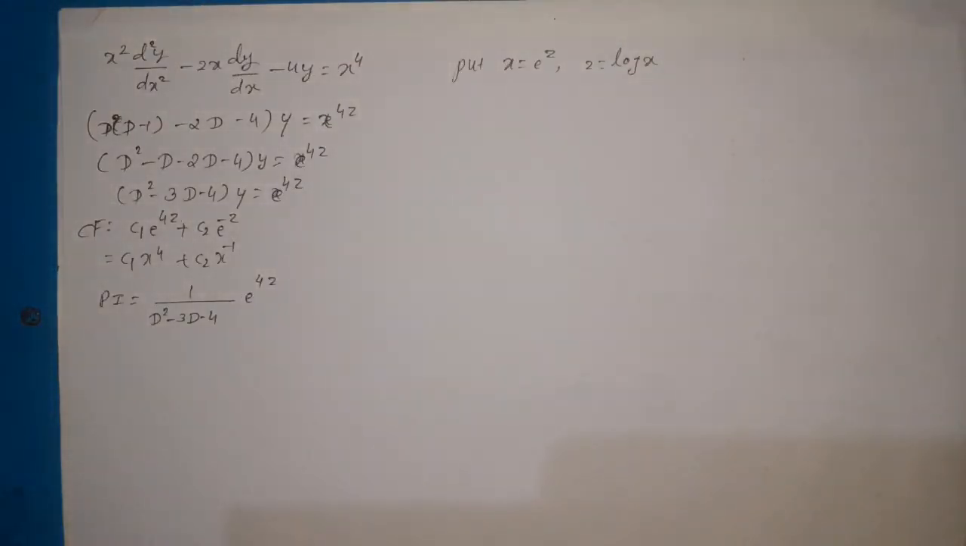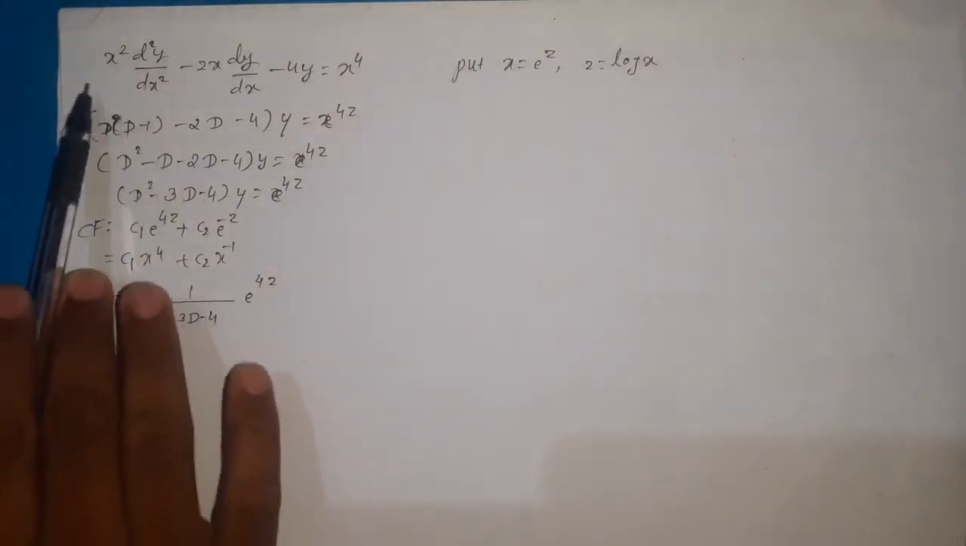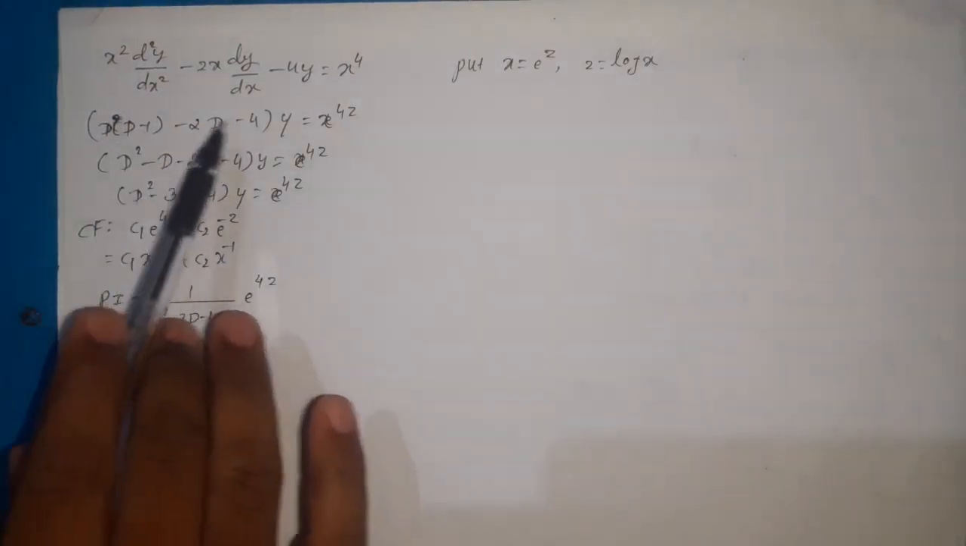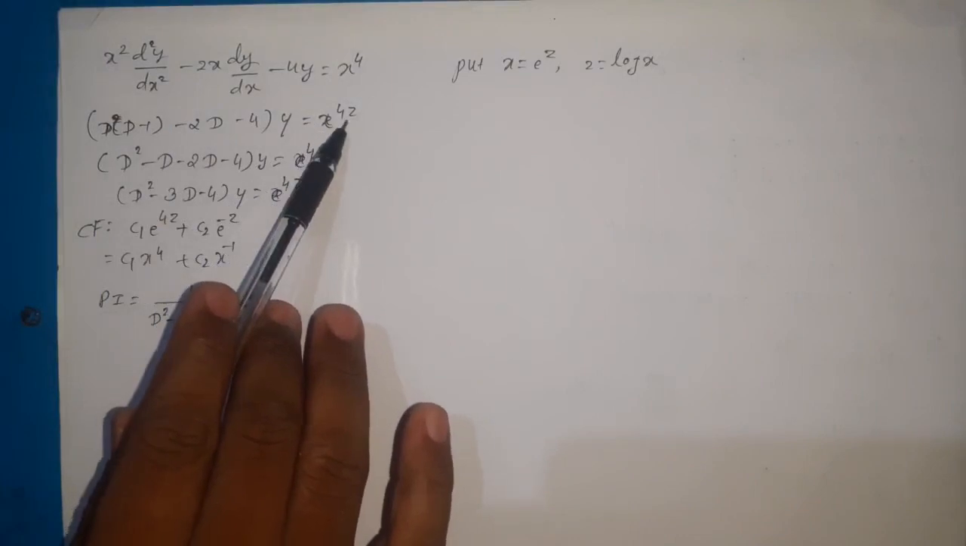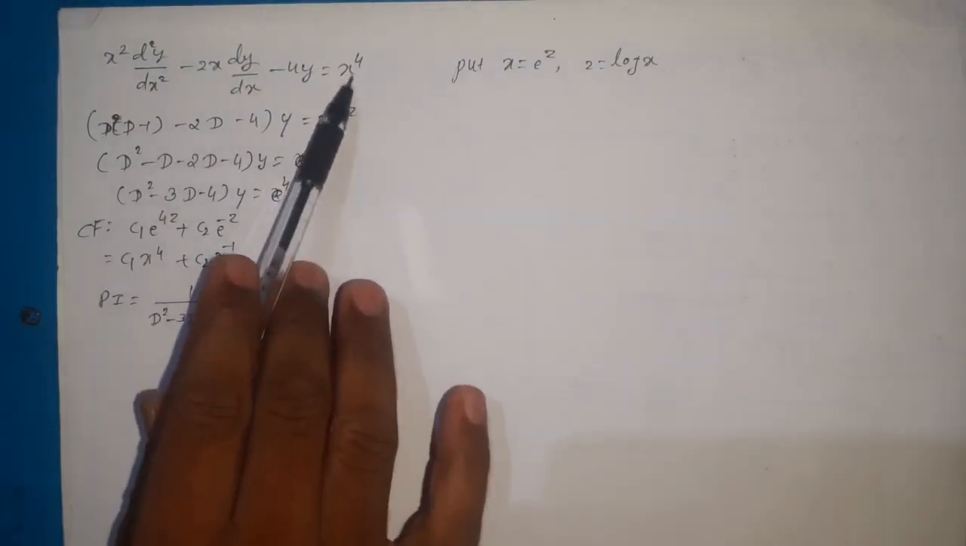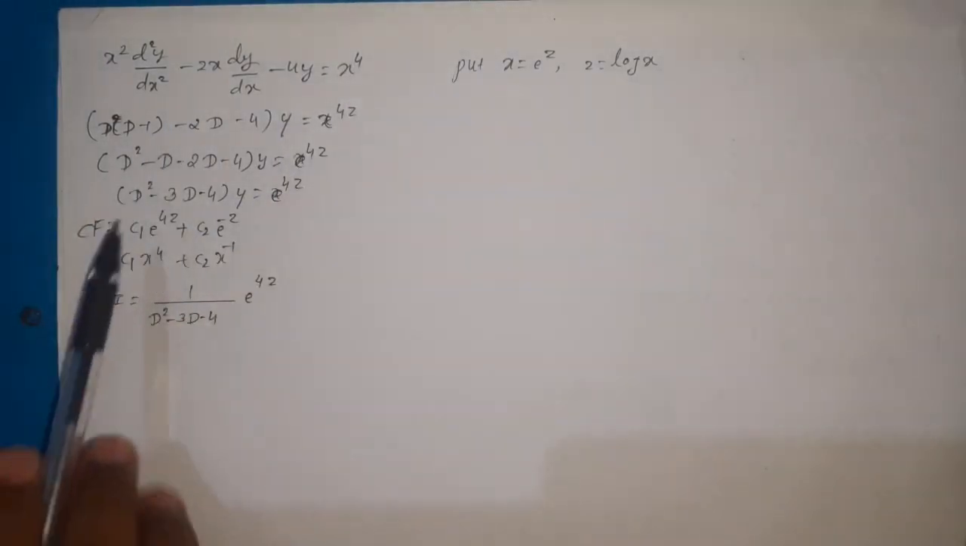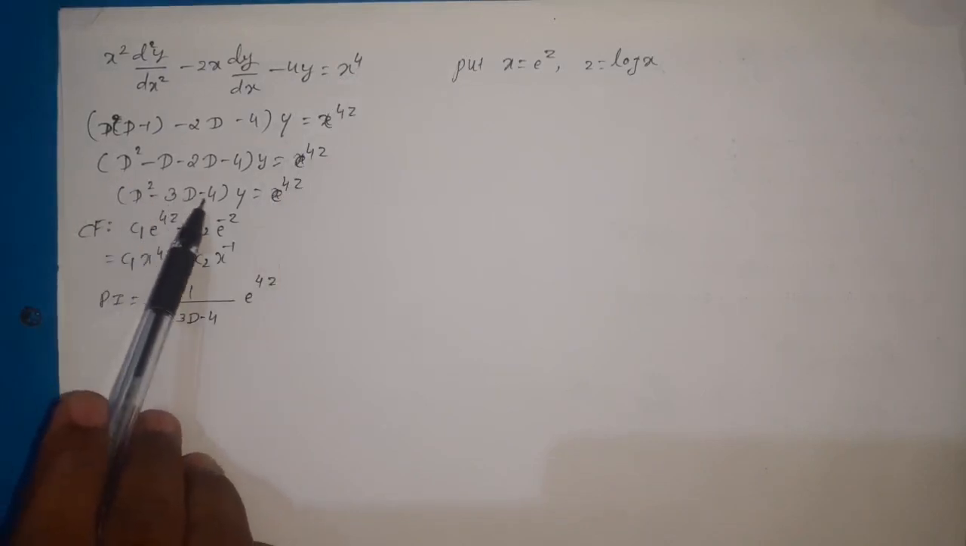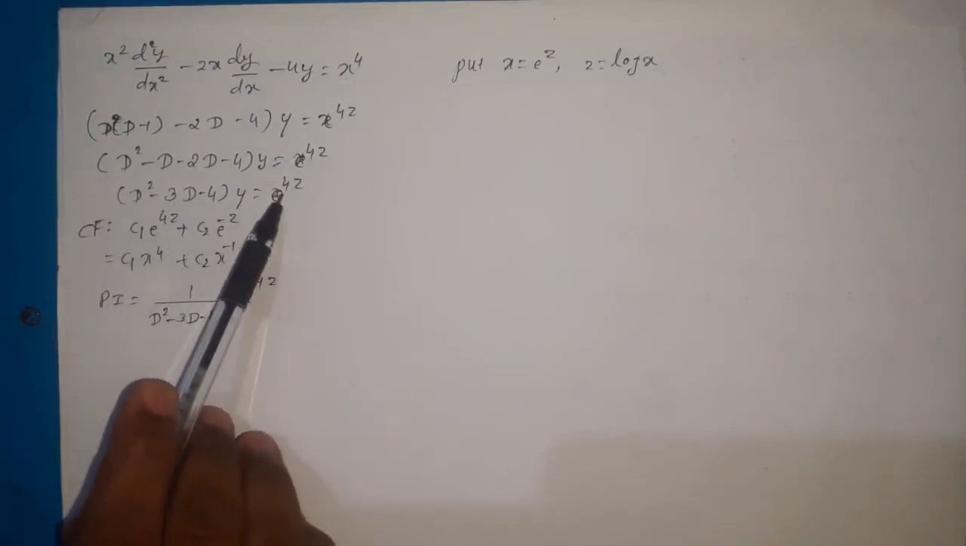Next example, x square into d square y by dx square minus 2x dy by dx minus 4y is equal to x power 4. So here x equal to e power z, z equal to log x, all the substitutions will be same. So now the equation becomes D into D minus 1 minus 2D minus 4 into y equal to e power 4z, because x equal to what? e power z. Then here this becomes D square minus 3D minus 4 into y equal to e power 4z,